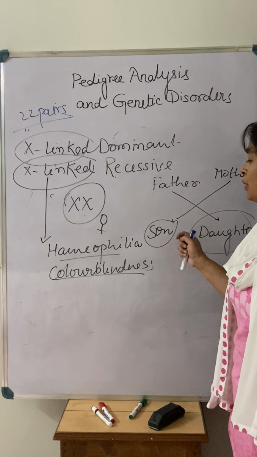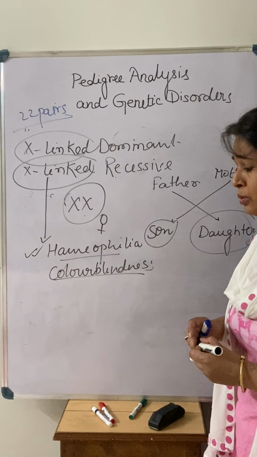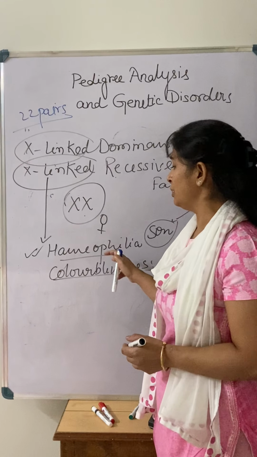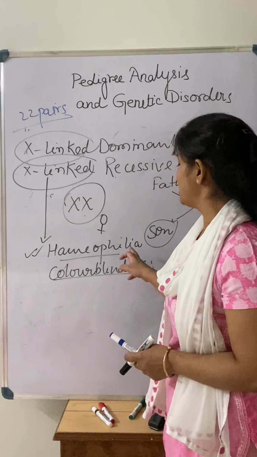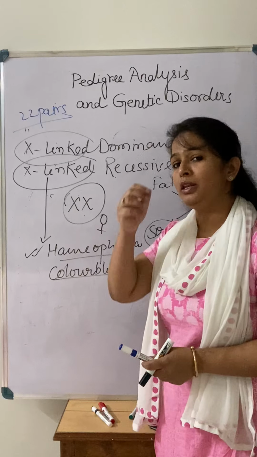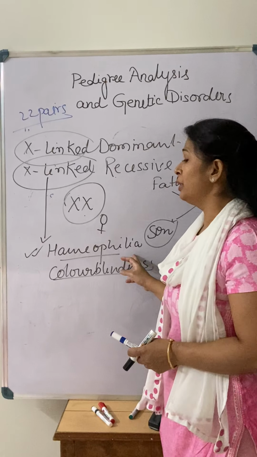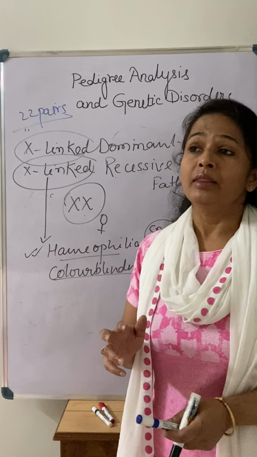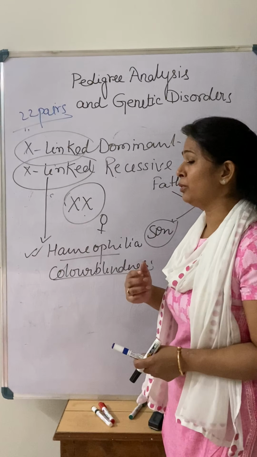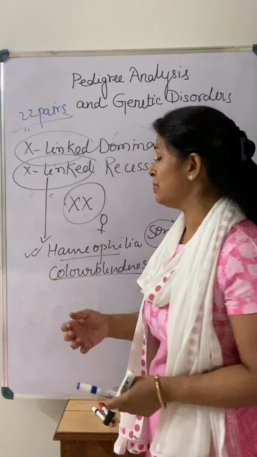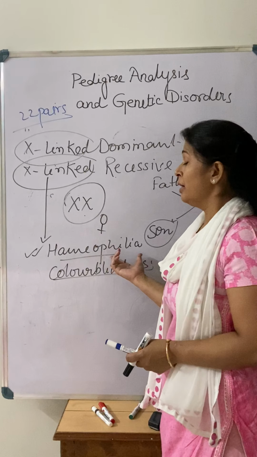For example, the first one given in the book, hemophilia. This is a disease related to the clotting of blood. Another common name for this disease is bleeder's disease, because when a person is infected with this disease, even in a small cut there is no stopping of blood flow. This is due to the absence of one of the genes responsible for blood clotting. Due to the defect in that gene, the person is affected with the disease that we call hemophilia, right?